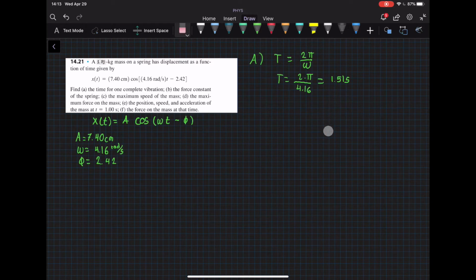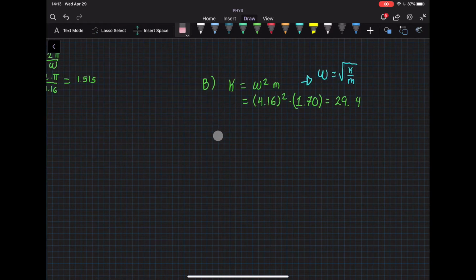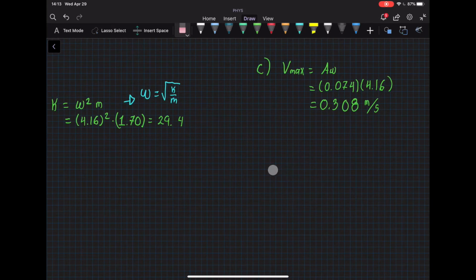For part B, the force constant of the spring, I have this right here. The equation that I use is this right here. It comes from this original equation of the angular velocity. So we solve for the constant k and we get 29.4. To find the maximum velocity, this is the equation that I use, amplitude times the angular velocity, and I got